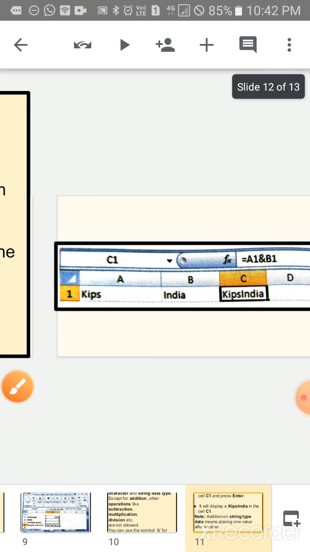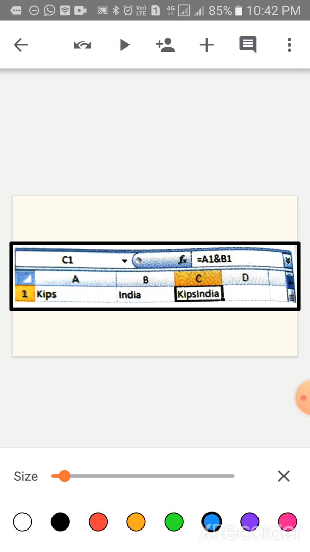Okay children, you can see the screen. This is the screen of using text formula. In A1, as I told you, the columns A, B, C, D are indicated by alphabets, and the rows are indicated by numbers.